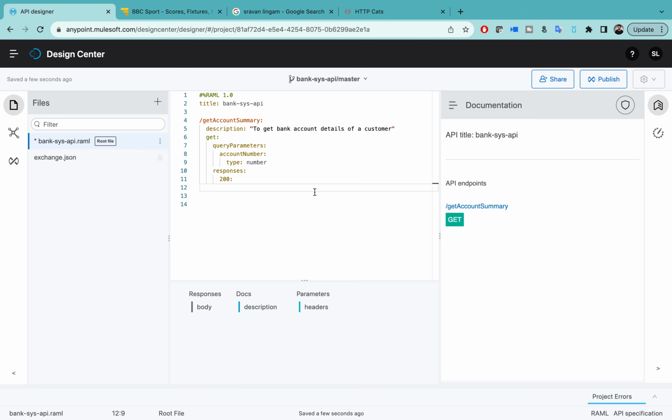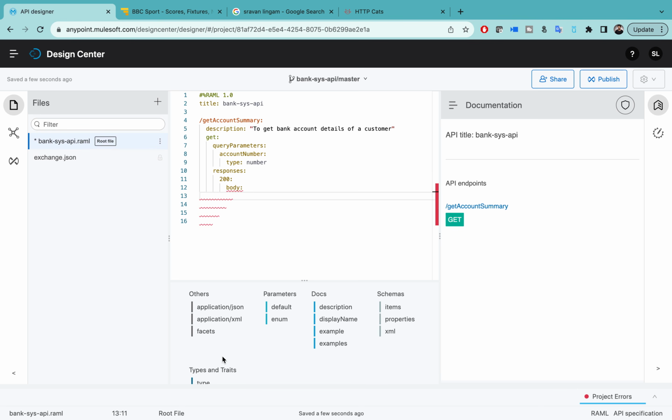And see the indentation. Anything you do wrong here, everything will be messed up. Just go with the standards. These are the standards. Now 200. Next should be a body. Now you have to choose what kind of data type your response will show. For now I will go with application